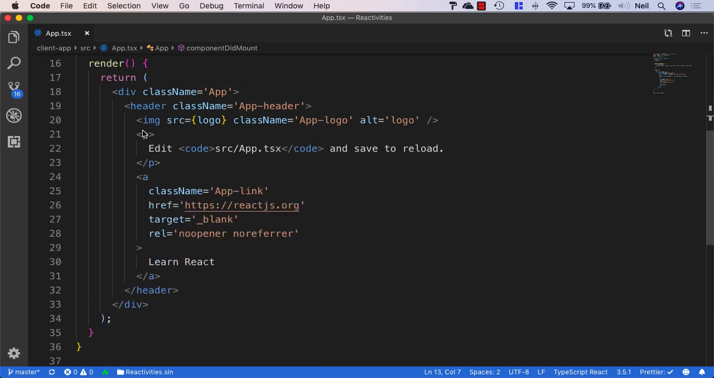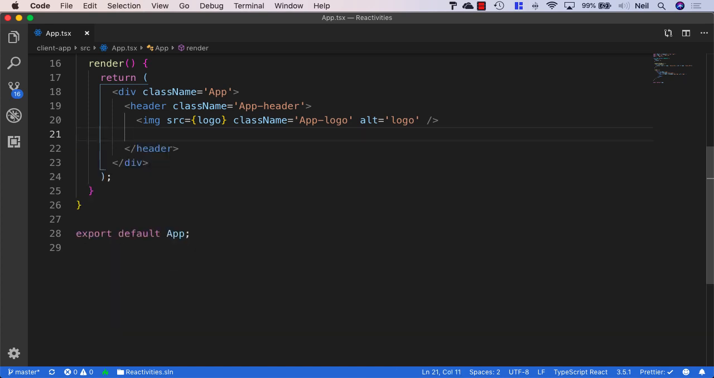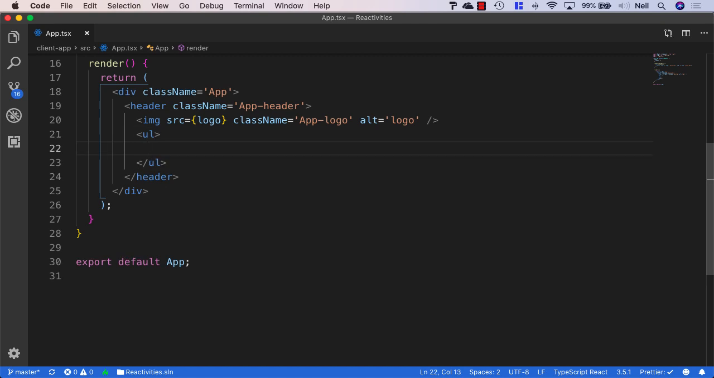So what we'll do is modify what's going on inside our JSX here, and we'll take out everything apart from the image and the header at the moment. And what we'll put inside here is just an unordered list. And what we want to do is loop over the values that are stored inside our state and display them on our page. And to do this, we can open some curly brackets,